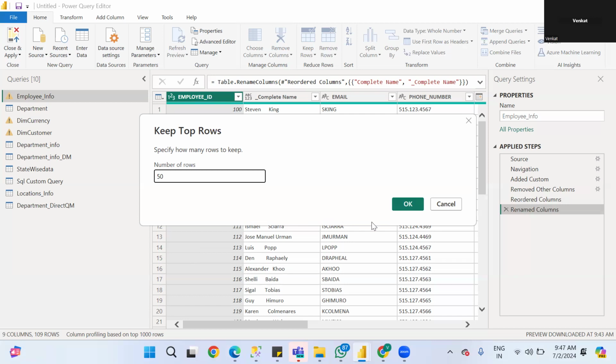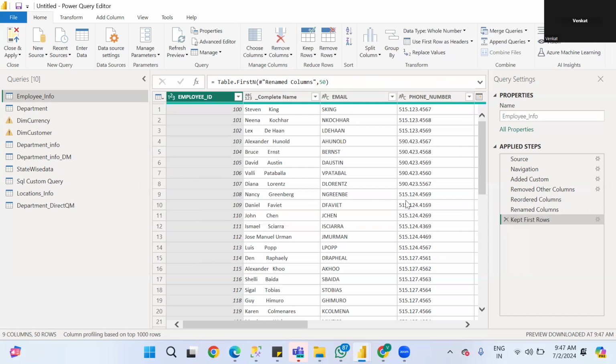So I want to see now. I click number of rows, top number of rows 50. So here you see 9 columns, 50 rows. Earlier there were 109 rows. So that is the purpose of keep rows. Keep bottom rows or keep range of rows, where you give rows between a range. Keep duplicates means I want to create a duplicate